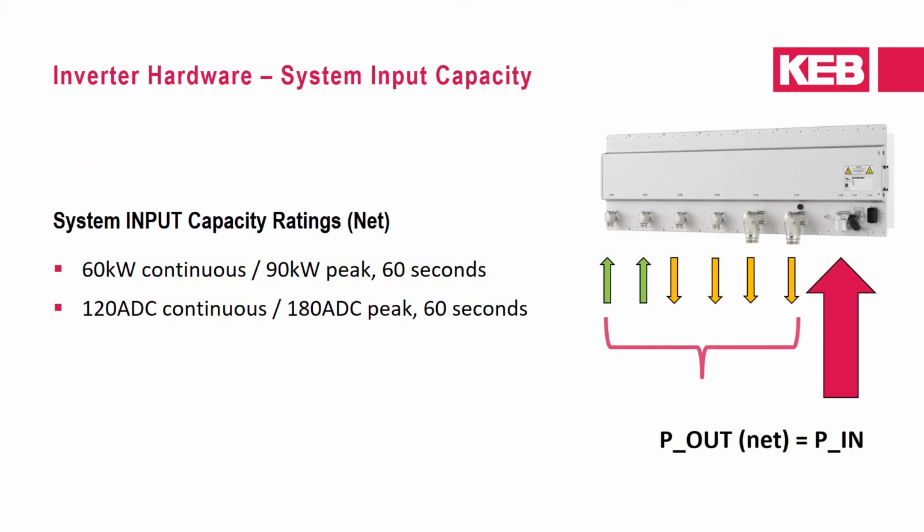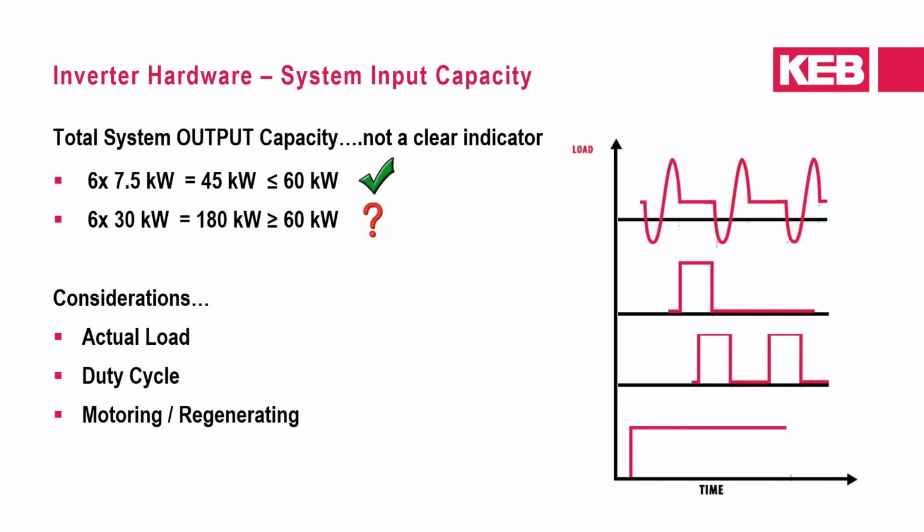Now, one area of the electrical specifications that I'd mentioned that I'd come back to is the system input capacity ratings. These are 60 kilowatts continuous and 90 kilowatt peak for 60 seconds, or in terms of current, 120 amps DC continuous or 180 amps peak for 60 seconds. And since power in is equal to power out, we must consider the net power flow. In this case,